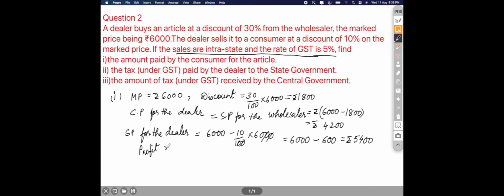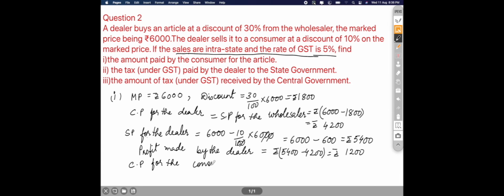Now here let us calculate what is the profit made. Profit made by the dealer is rupees 5,400 minus 4,200, that gives rupees 1,200. This is the profit made by the dealer. Now cost price for the consumer is rupees 5,400, and total tax,